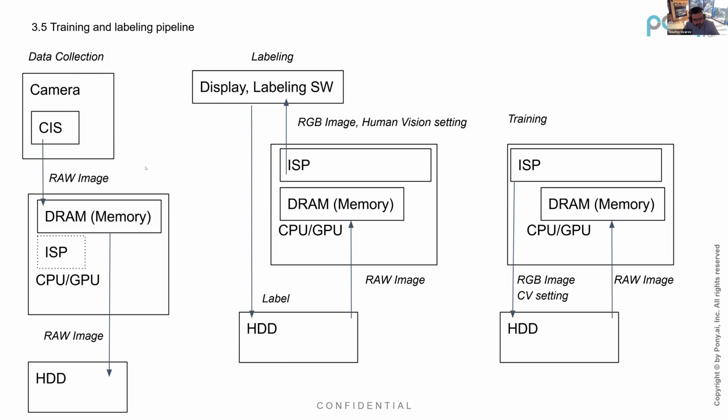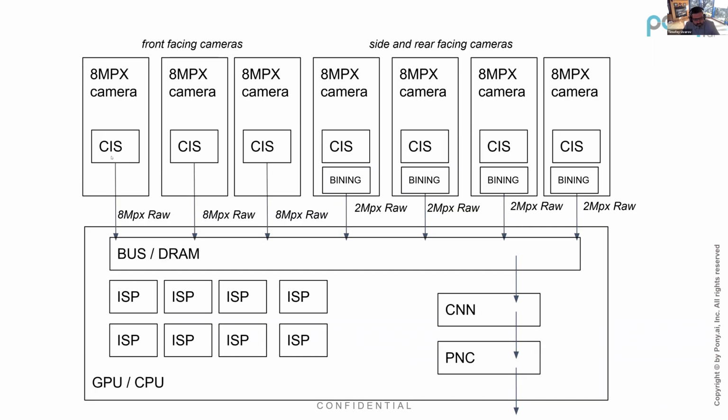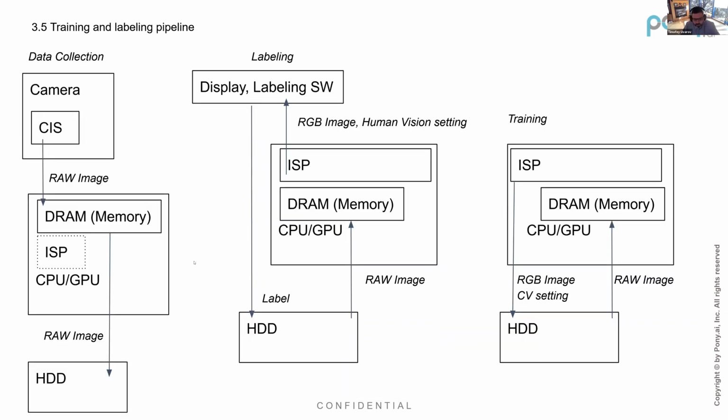If we collect, because in this design we have to send raw data to the bus, and we always want to save the raw data because it has much more information compared to RGB. So we save it, and then we have two pipelines. One pipeline is for training and one for labeling. For labelers, we use a human vision pipeline. For training, we can optimize anything with the product like